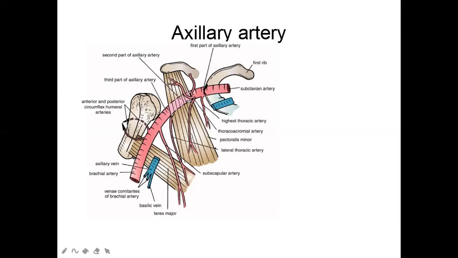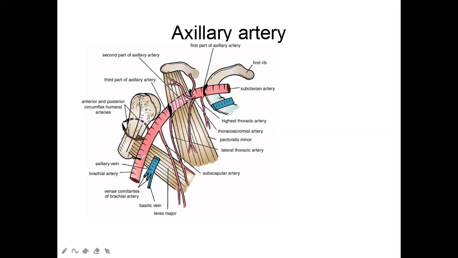So remember, the pectoralis minor is coming from ribs number 3, 4, 5 going on to this process at this point, the coracoid process, right? So we actually see that from the outer border of the first rib to the disappearance, actually, that's the first part. And then we have the second part, which is the part that lies underneath the pectoralis minor, right? And then the third part is from this outer border of the pectoralis minor, right, to the lower border